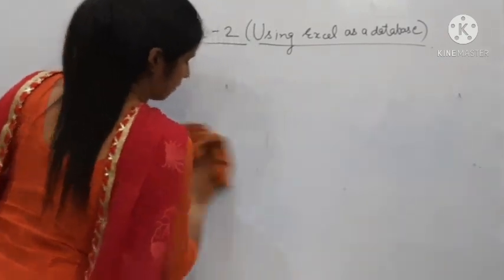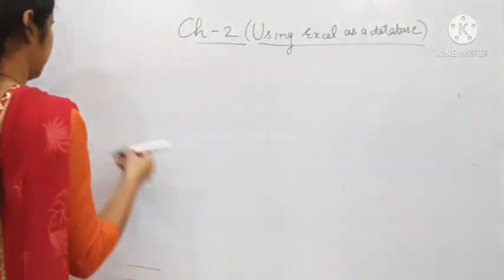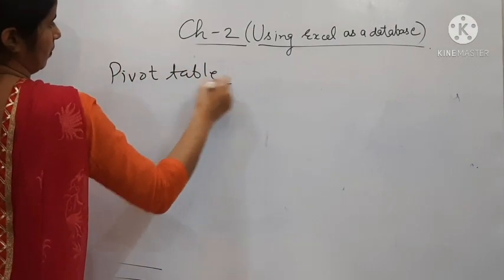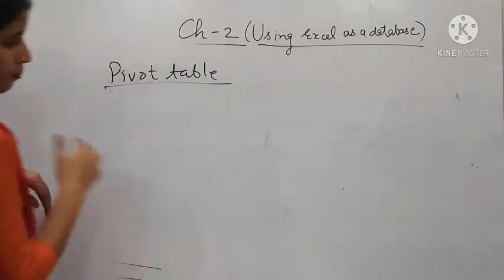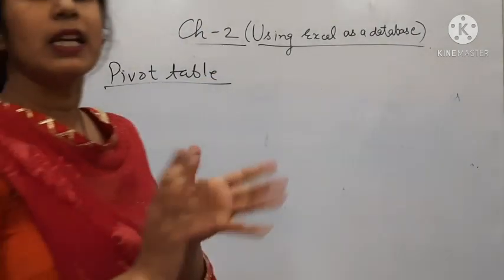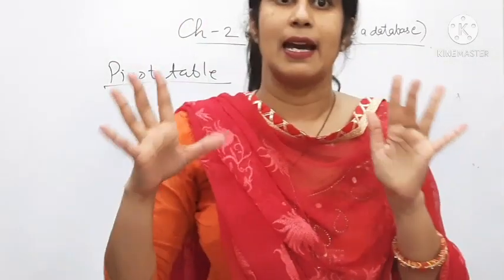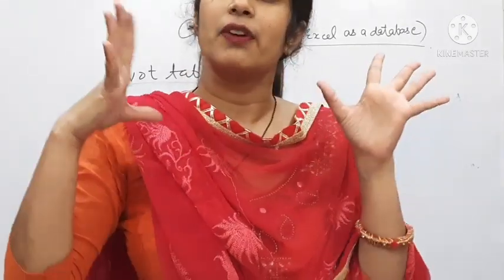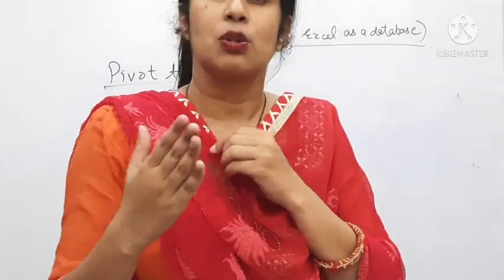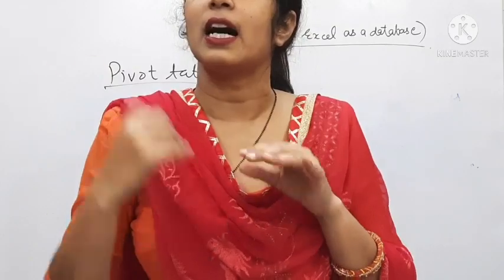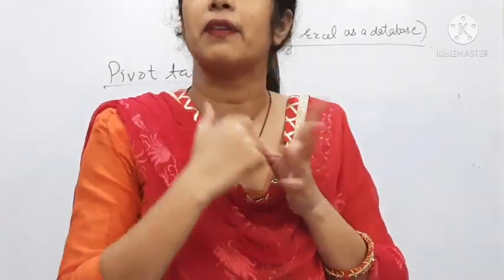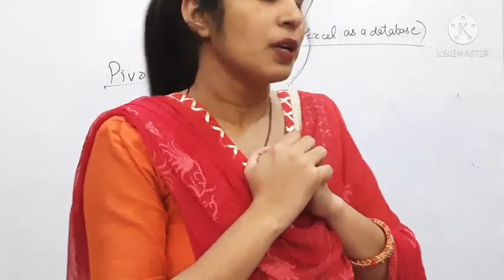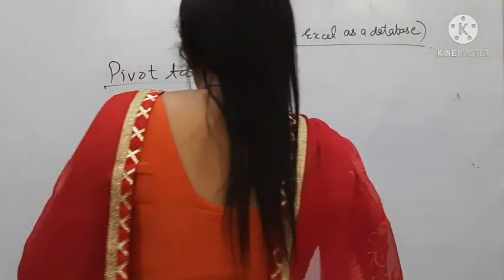Okay. Now the next topic is pivot table. What is it? Pivot table. Now, what is pivot table? Pivot table is a way to summarize, analyze the data that are in the database. Suppose any data we are having, so we are presenting in a different way so that it will summarize the data very easily. Okay, in a different way we are trying to show it. Okay, this I will also explain you and you will obviously get it.